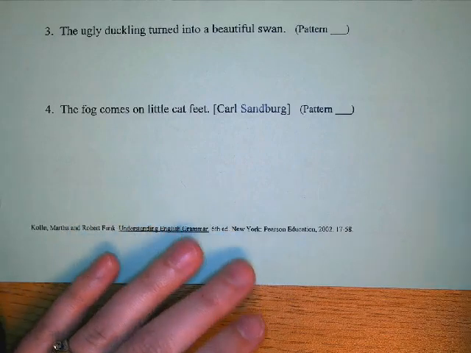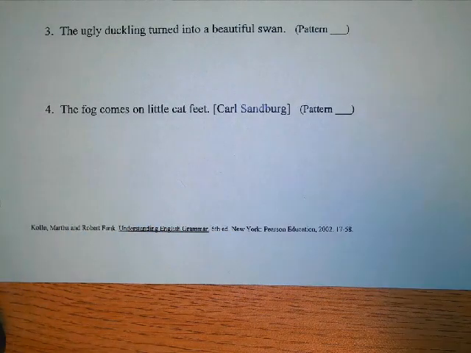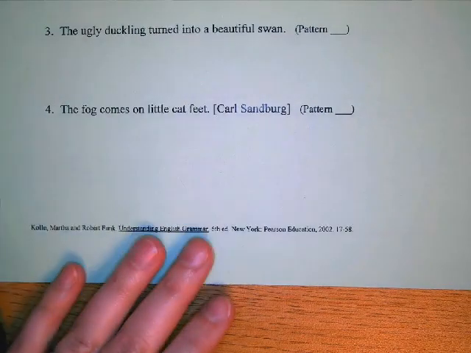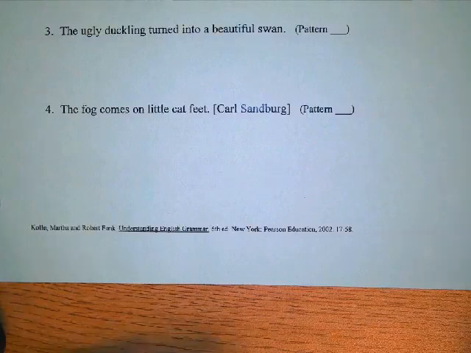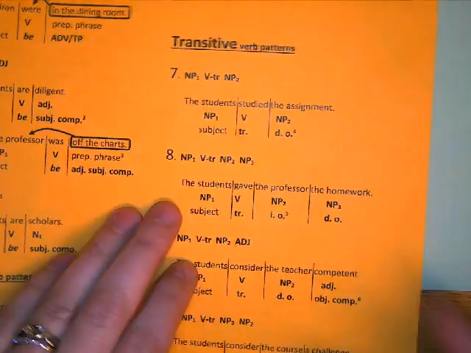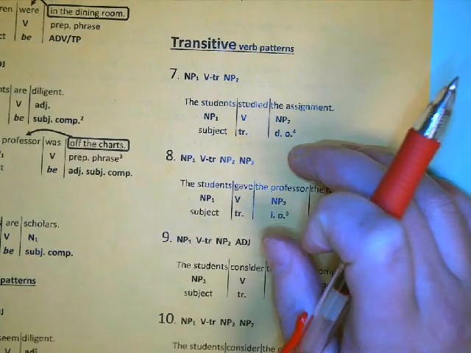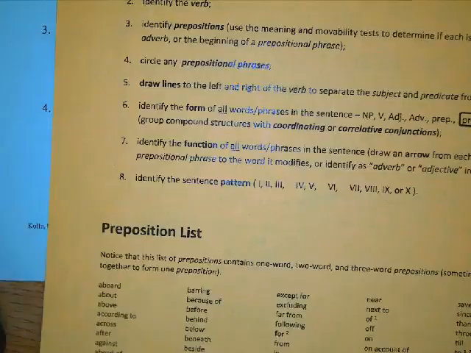So if you missed class, we are doing 3, 4, and 5 for Grammar Unit 1, Exercise 6. So we said the challenging thing with this exercise is that we have a new pattern with a noun phrase to direct object, and these sentences could also be sort of any pattern. So it's going to be really, really important that we're following the sentence analysis process very precisely, thinking about the